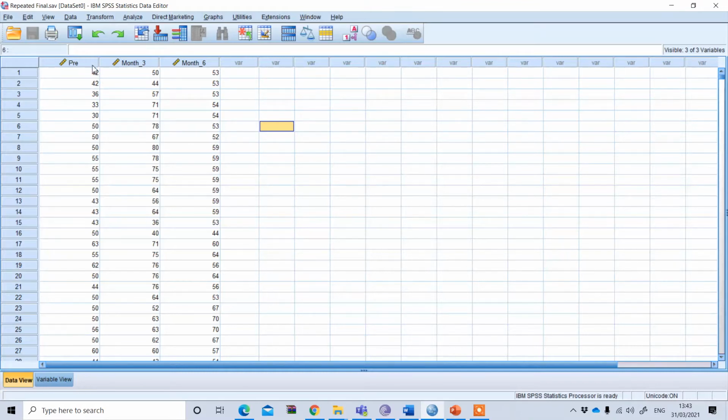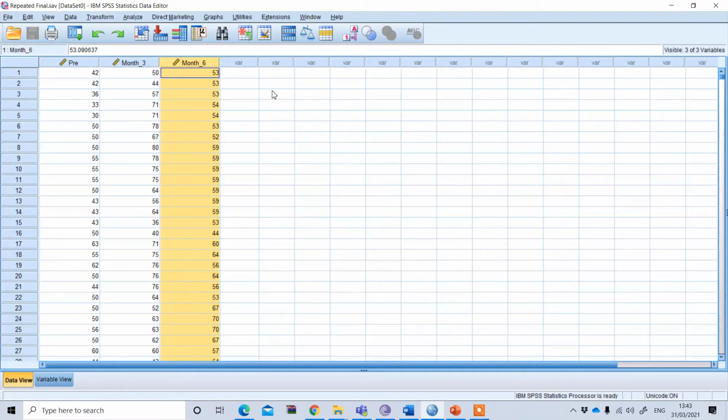That means their body weight before using the medicine. And month 3 means what happens to their body weight after using the medicine, and month 6 means what happens to their body weight after 6 months of using the medicine. Okay,